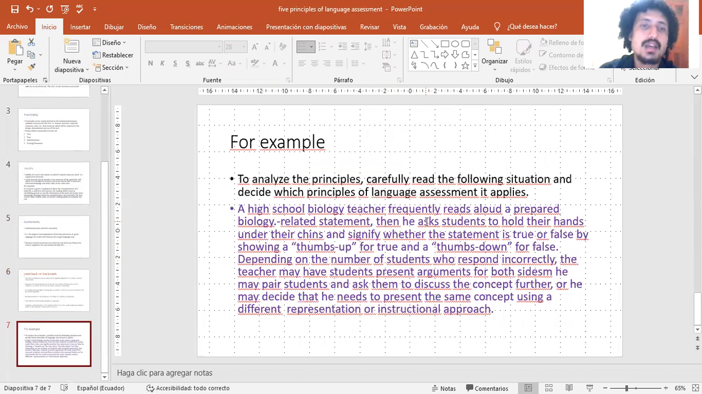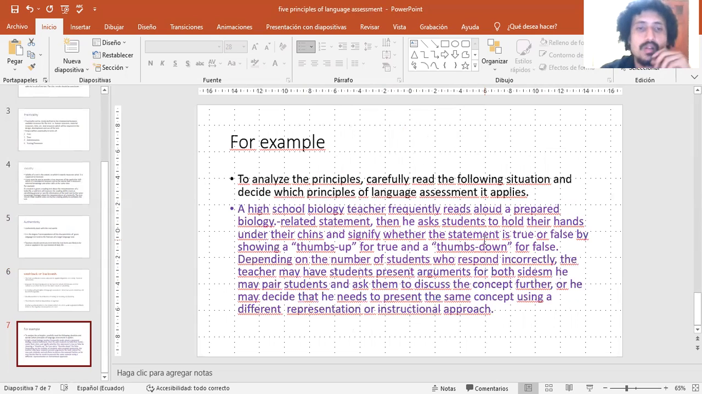So now let's see an example. To analyze the principles, carefully read the following situation and decide which principles of language assessment it applies. So let's see. A high school biology teacher frequently reads aloud a prepared biology-related statement. Then he asks students to hold their hands under their chins and signify whether the statement is true or false by showing a thumbs up for true and